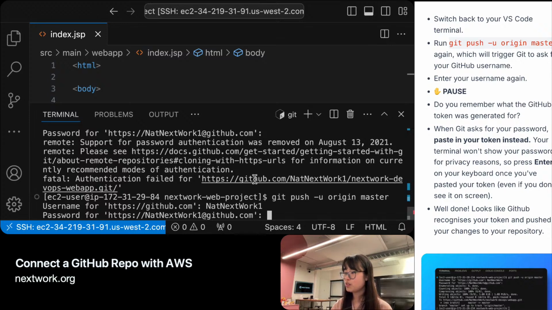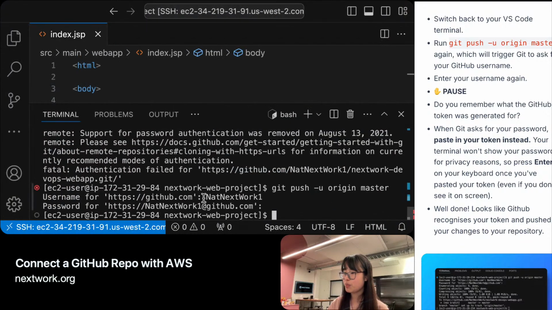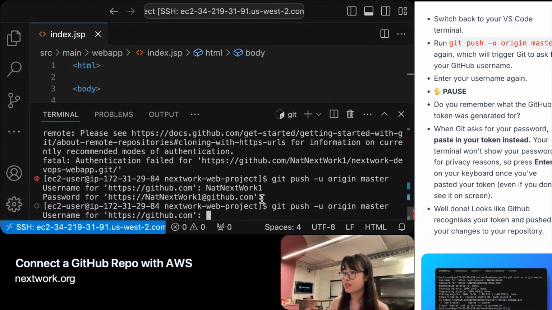Oh. Let us try that one more time. Git push -u origin master. I think there was something that was a bit slow on my side, so I'm just going to try that one more